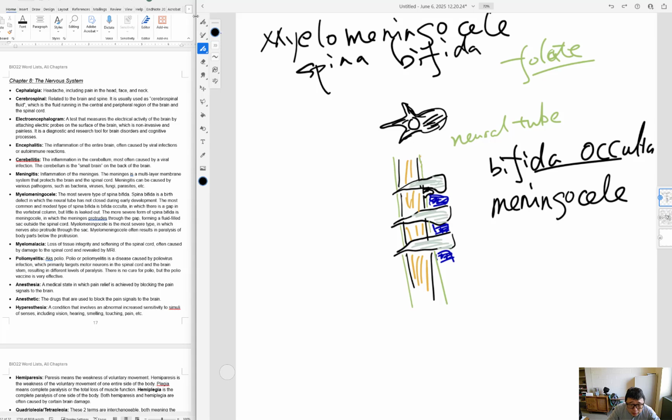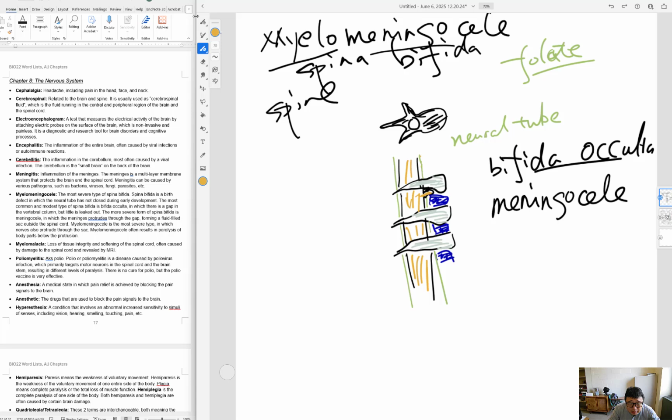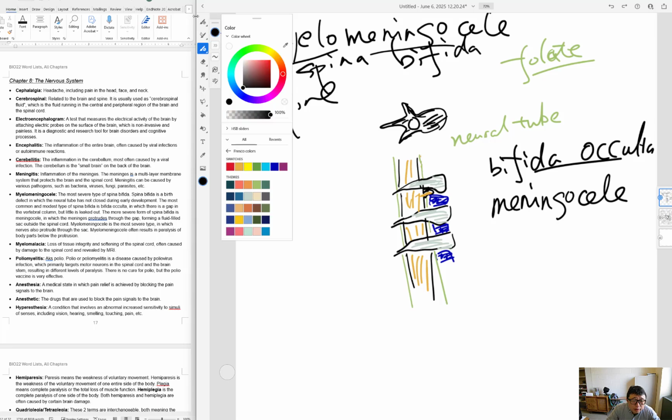Anyway, so this meninges going out is still not a big deal, because the nerve signal transmission is largely not affected. However, the most severe form is myelomeningocele. Myelo means spine. In these cases, the nerve in the spine also gets out in the hernia, in the sac. And this becomes the worst form of the